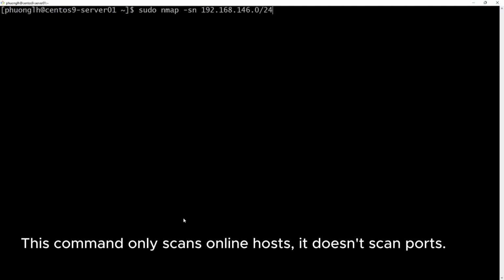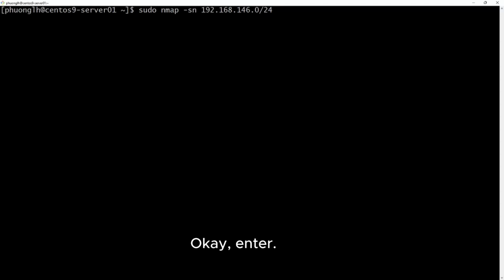This command only scans online hosts. It doesn't scan ports. Okay, enter.